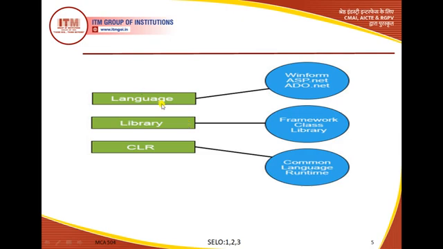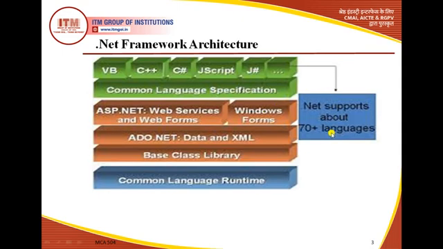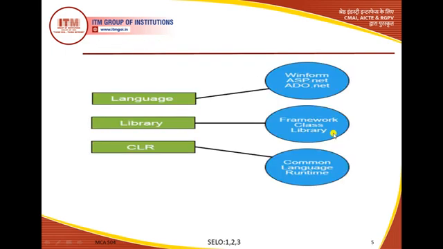Now there are several languages which can be used in the .NET architecture. In fact, I have already mentioned that there are 70 plus languages which the .NET Framework supports. And then the language as application means the kinds of applications carried out using those languages, like creation of Windows forms, creation of web forms using ASP.NET, providing database connectivity, etc. using ADO.NET.